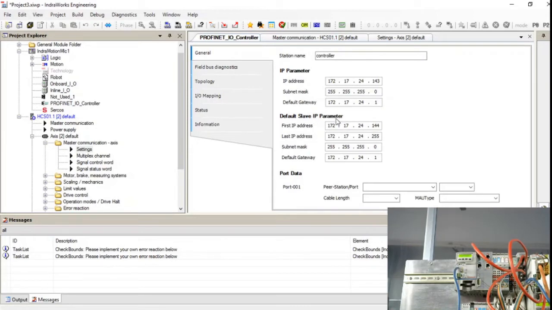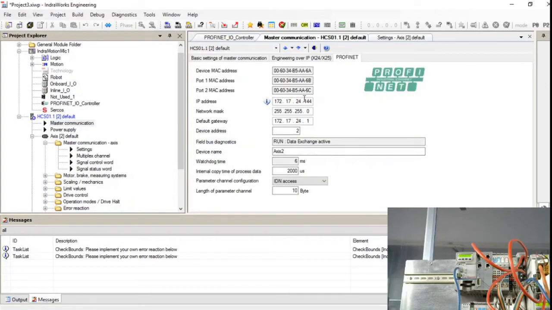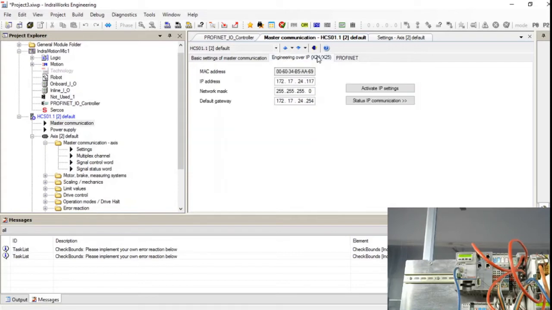This will be our slave. Slave is 144, the same address given here also, 144. This one is for engineering the slave, for configuring, 117 we use here.